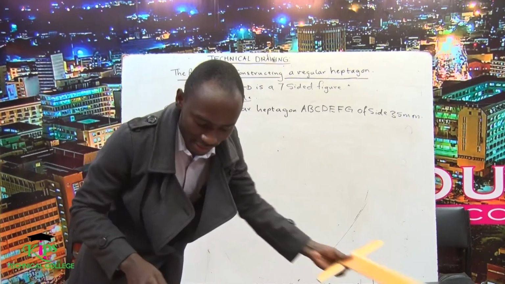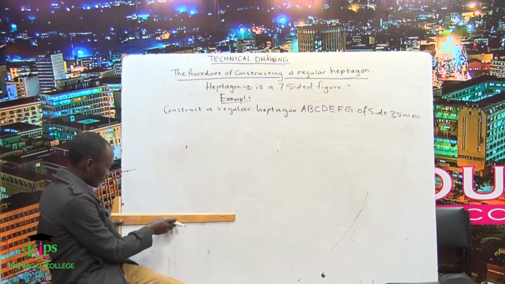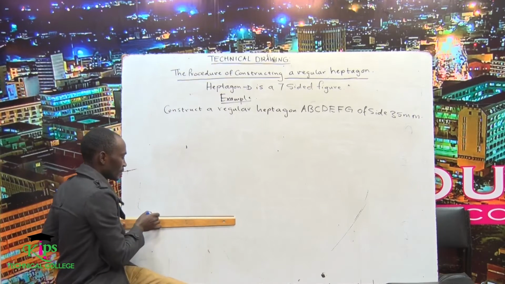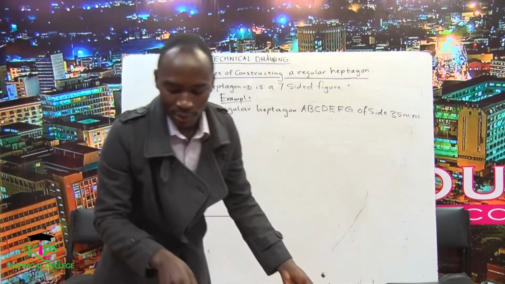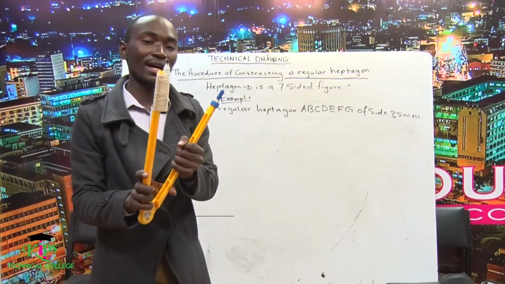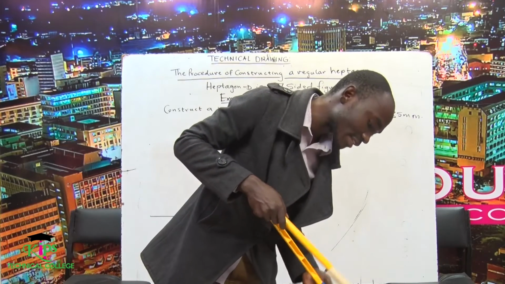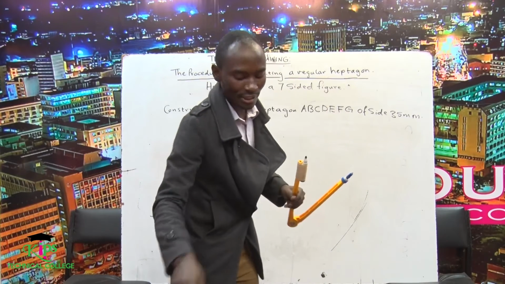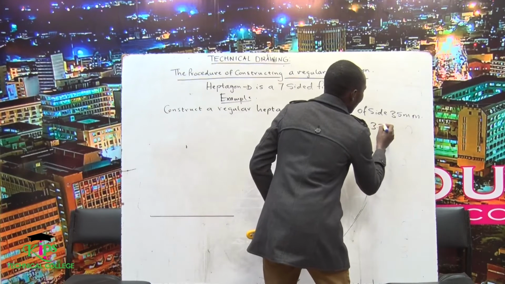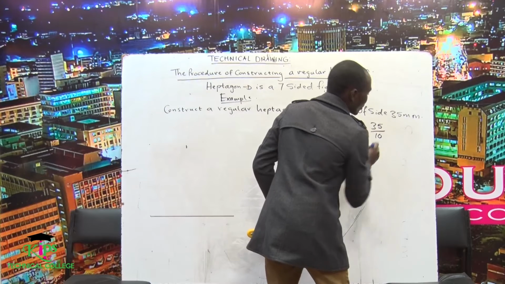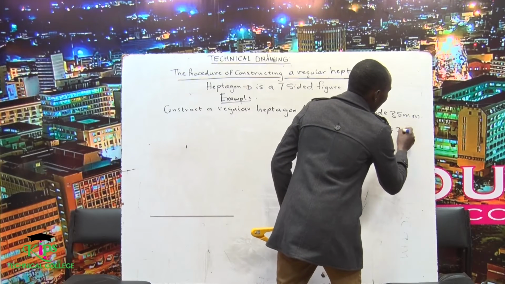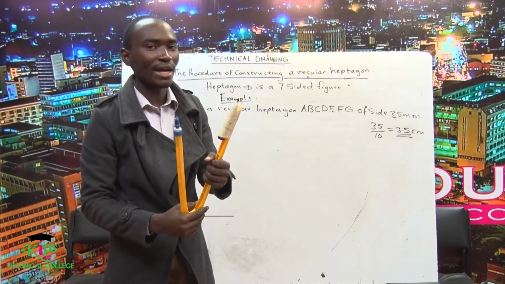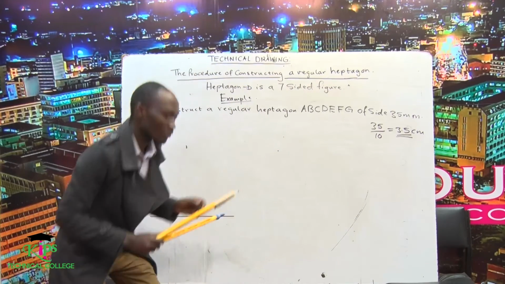First of all, you will take up your ruler like this. You can see the way it is sliding. Then you will draw a line like that. You have been told it should be 35 millimeters, so you will adjust your compass and take the measurements. 35 millimeters is equivalent to 3.5 centimeters. If you divide 35 by 10 to convert to centimeters, this will be 3.5 centimeters. So you will measure 3.5 centimeters from your ruler.